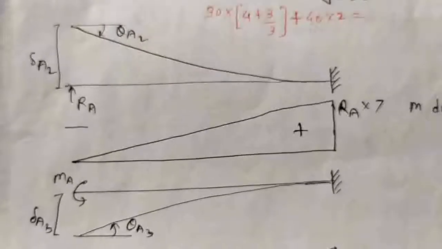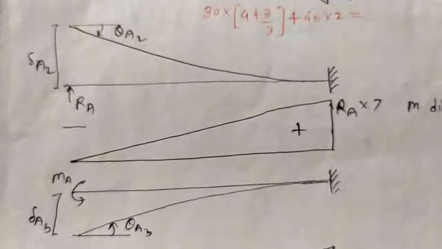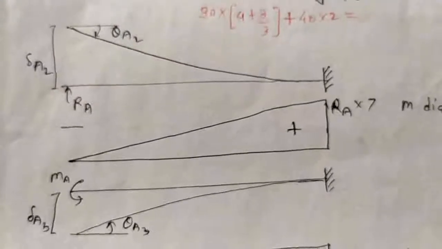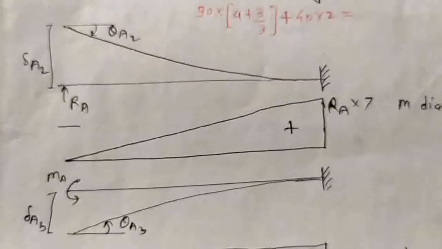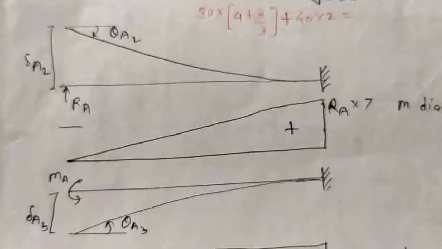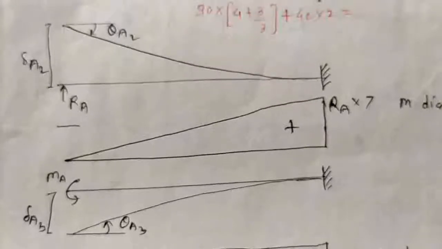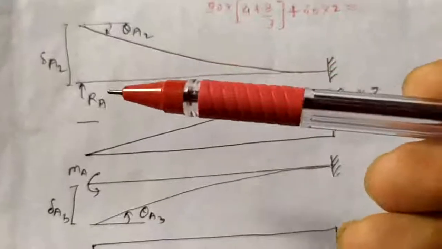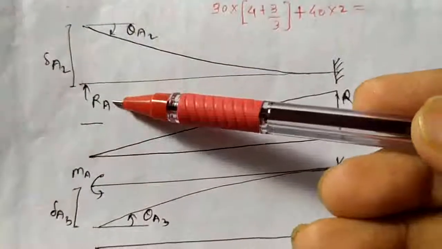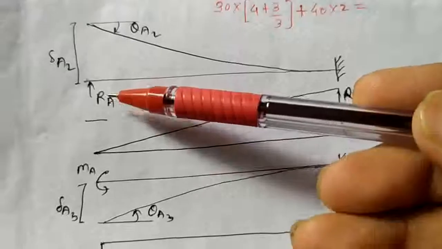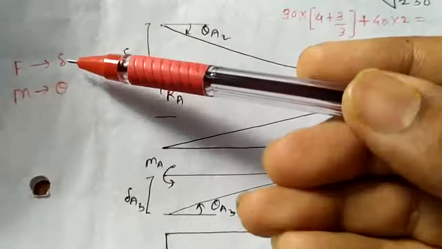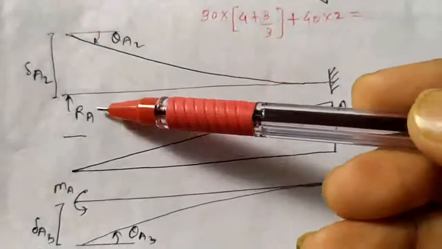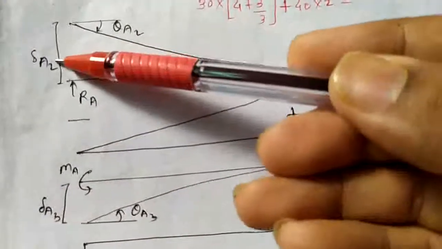Here first of all I will explain how to use the sign convention technically. Next, while solving the example, again I will tell the sign convention in another way. So first of all consider this way of sign convention. Here RA is the force. For a force, the governing deformation is the displacement. So consider delta. For the application of force, consider the sign convention for delta.